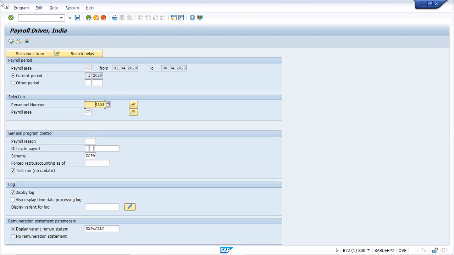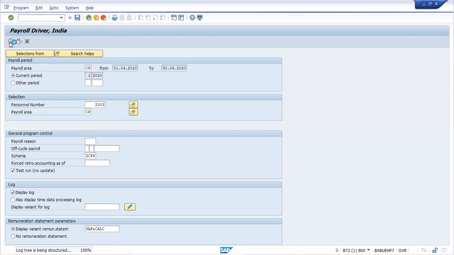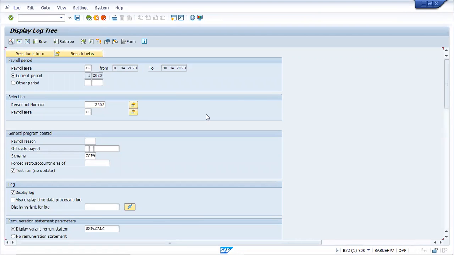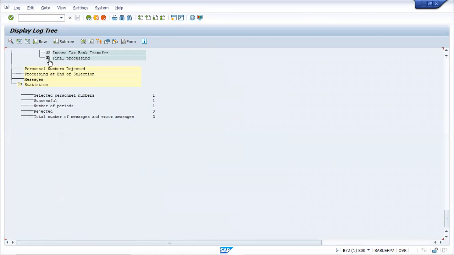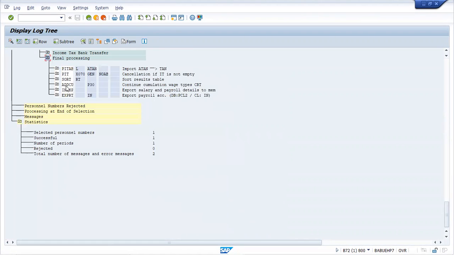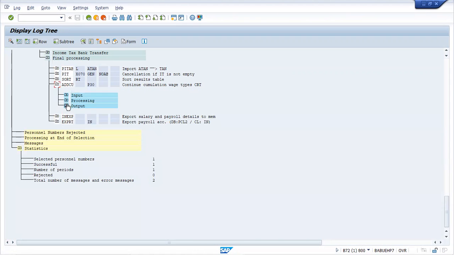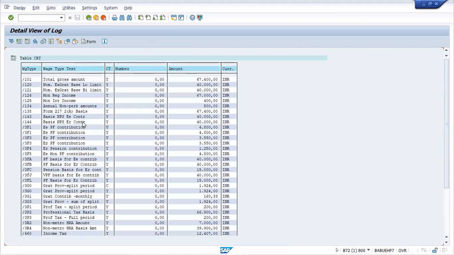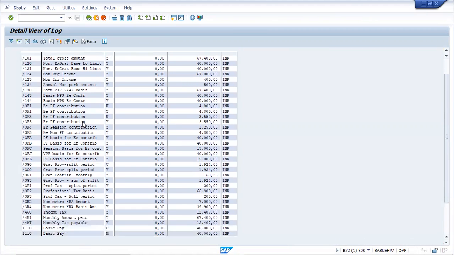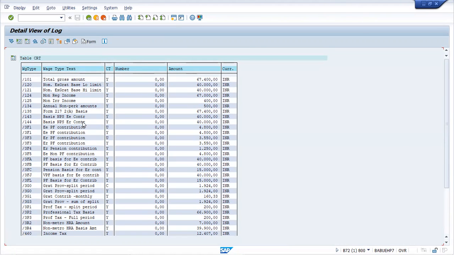In the first initial 3 months, he is staying in company lease accommodation. But after that, due to some reason, he moved to rented accommodation, or after having his own home, after 6 months or 1 year, he moved to his own accommodation. You just try that, and let me know how the difference is coming in the payroll after running it. You understood my question? Yes, sir, both of us understood.